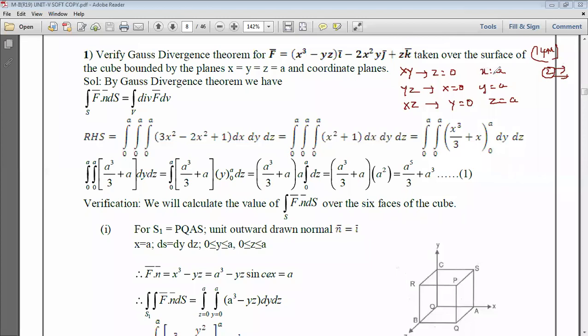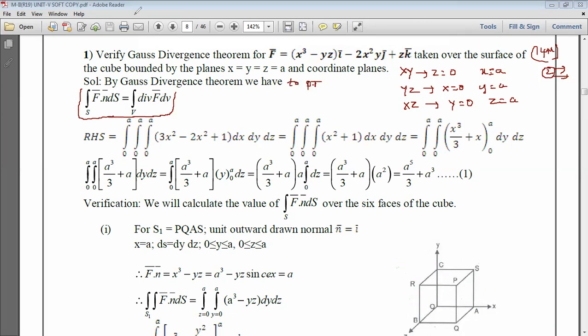But for 14 marks, you simply need to apply both of them. So here the divergence theorem is what we need to prove. And one more thing, if it says verify, don't write the statement. If it is evaluate, then by using one thing we calculate the other. Keep it in mind. Here they wrote like this, but you should not write that. What you should write is, by the Gauss divergence theorem, we have to prove that LHS is equal to RHS.